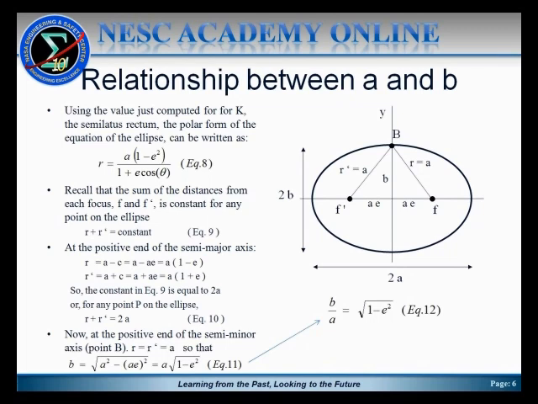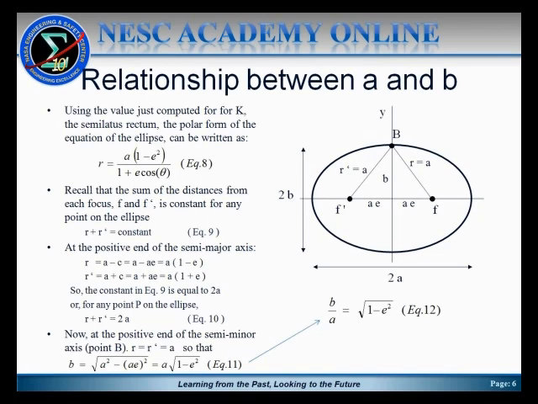And then the distance from the secondary focus, F prime, is a plus c, and clearly that simplifies to a times 1 plus e. So then, summing those two together, it's clear that r plus r prime at those specific points equals 2a. So the constant in equation 9, where r plus r prime equals a constant, has now been solved to be 2a. That's equation 10. Now, at the positive end of the semi-minor axis, that's point B as shown in the diagram to the right,